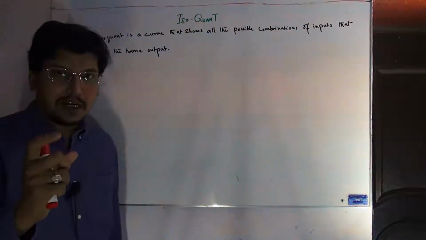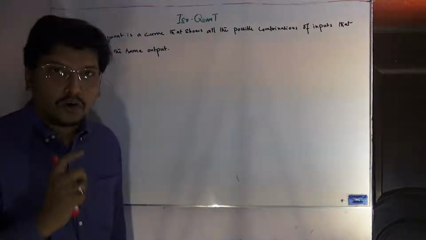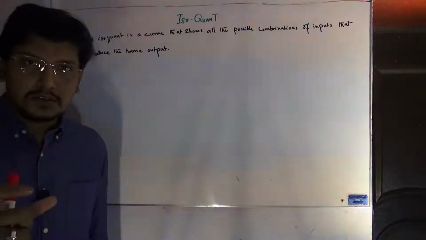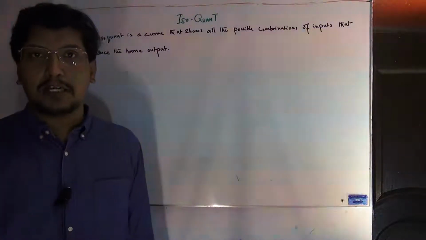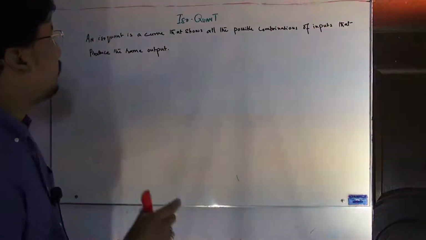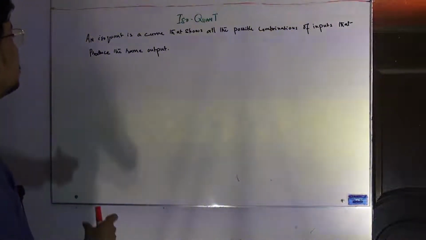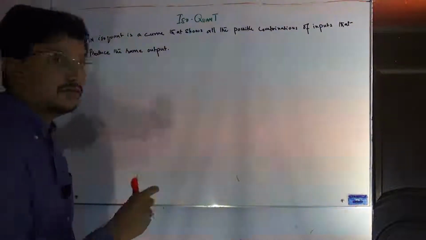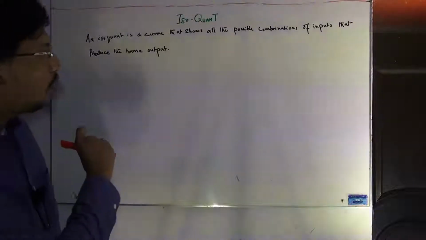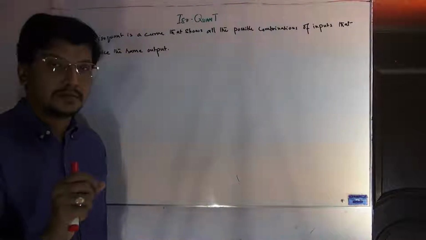We are going to discuss the concept of the isoquant. When we are discussing production theory, it is a very important concept, because when we have a full grip of these definitions and concepts, we will understand production theory well. First of all, what is the definition of the isoquant? An isoquant is a curve, very clear, it will be a curve, that shows all the possible combinations of the inputs that produce the same output. Very simple.